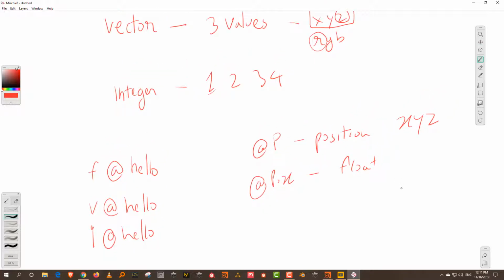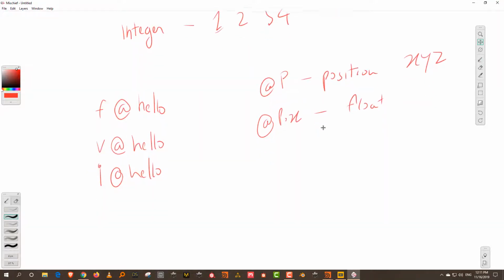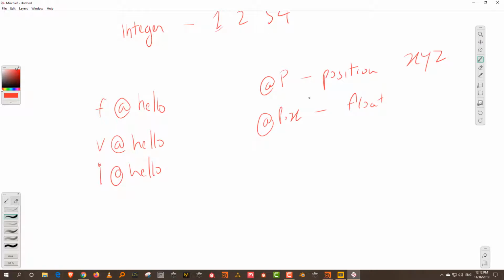Okay, so the first question that comes up is, how do you create your own attributes? We've seen this, now let's see it in Houdini. And then I'll also give you a list of where you can find all the basic default attributes that Houdini has.